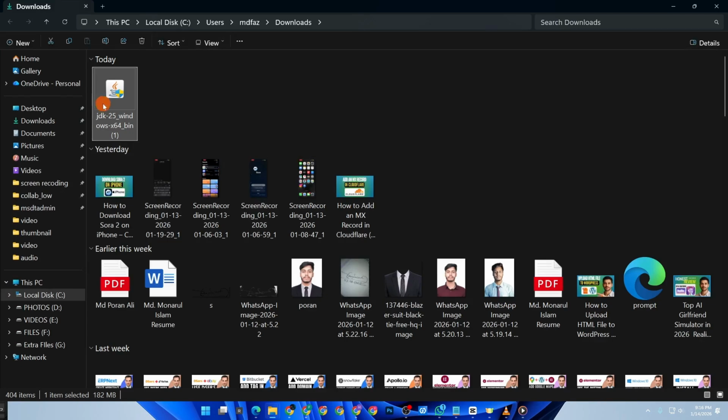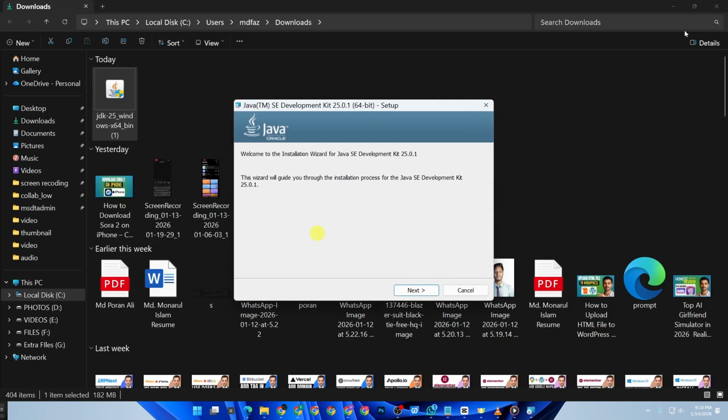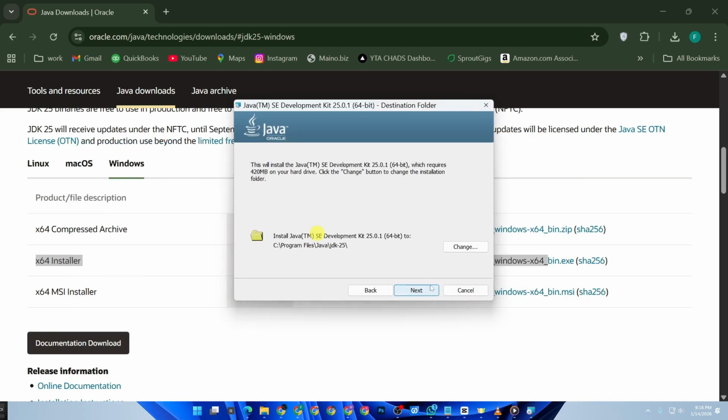Follow the on-screen instructions by clicking Next and choose the installation path if you want to customize it, or leave it as default. Then click Install. Once the installation finishes, it's a good idea to set up your environment variables so Windows knows where Java is